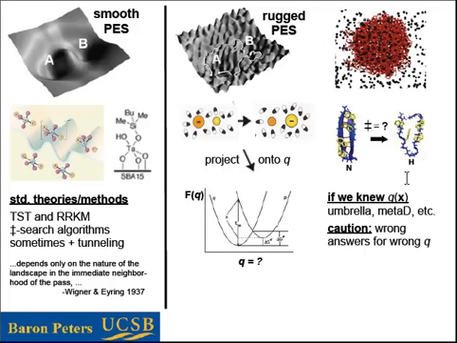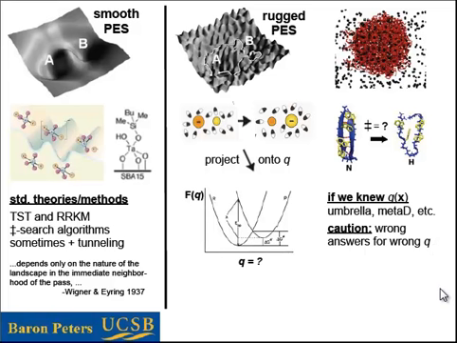And you can proceed a couple of different ways. You can just choose coordinates, and you can make them up, and you can compute things using metadynamics or umbrella sampling or something of that sort. But of course, you never really know whether you're right, and unfortunately, a lot of groups go ahead and publish them without testing to see whether they are right. And that's sort of a dangerous thing to do, because we know that you get the wrong answer if you choose the wrong coordinate. And it's surprisingly difficult to get the right coordinate when you're dealing with tens of thousands or maybe even hundreds of thousands of degrees of freedom and looking to pick the right one.